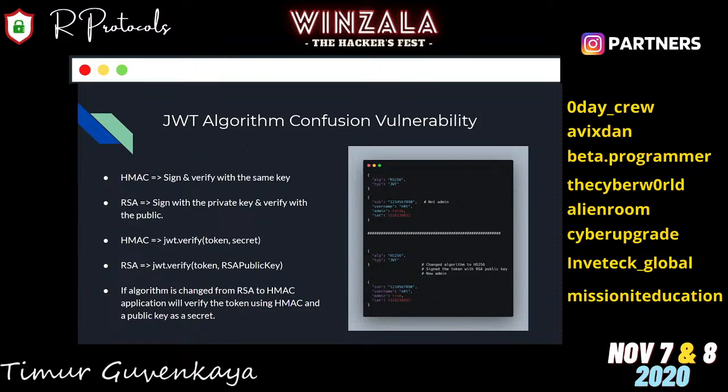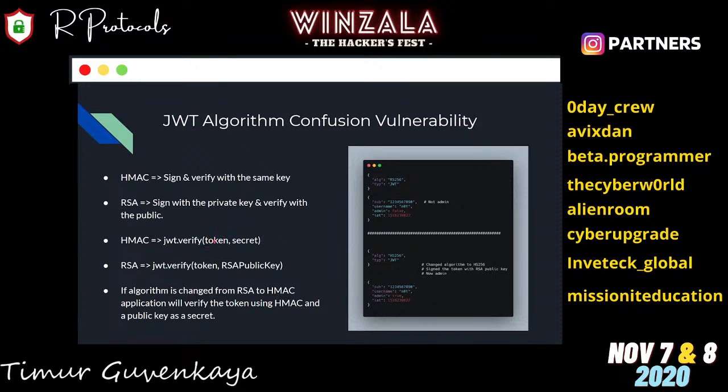Another thing that has to be true in order for us to exploit it, but unfortunately we cannot check it before we actually try it, is that the backend of the application is not checking the algorithm, the value of the algorithm parameter going into the verify method. We expect RSA, but we are not actually checking that the algorithm parameter is RSA. We just expect it. In that case, there is a super common method to verify the signature. It's just like this. There are no checkings or whatever.